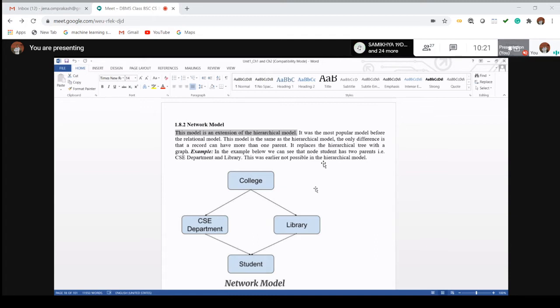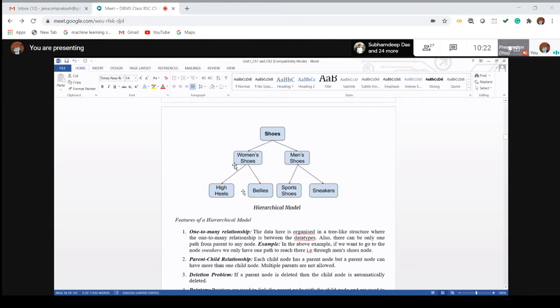Remember the basic difference between hierarchical and network is that in hierarchical, suppose it is sports, it has a maximum of one parent node. From main we derive the sports, from sports you derive the range, price range, little different. So all the child nodes, suppose sports and sneaker are the two child nodes, have only one parent.